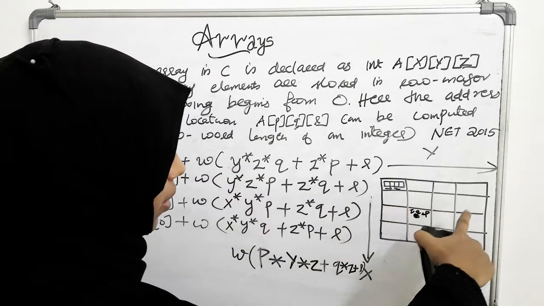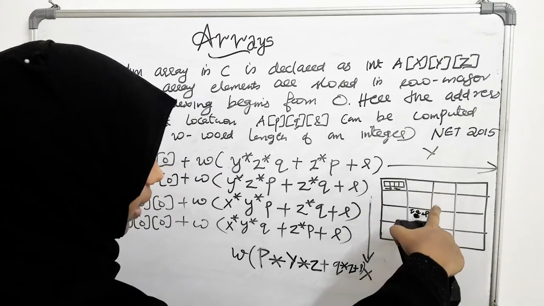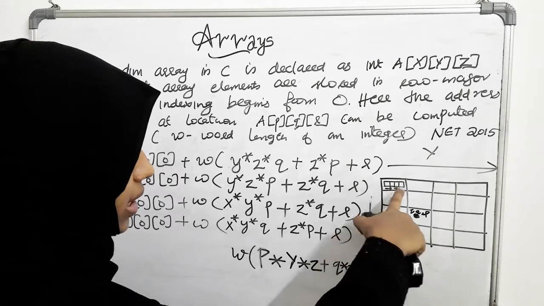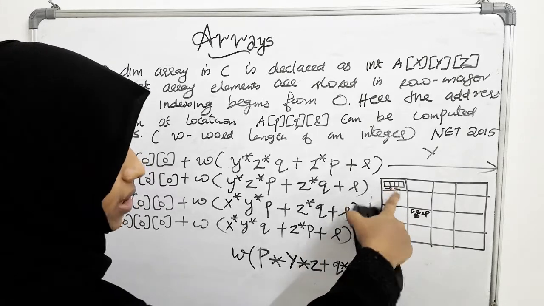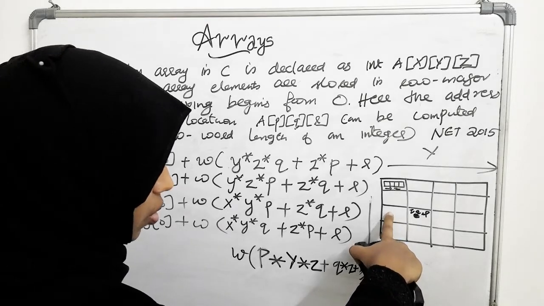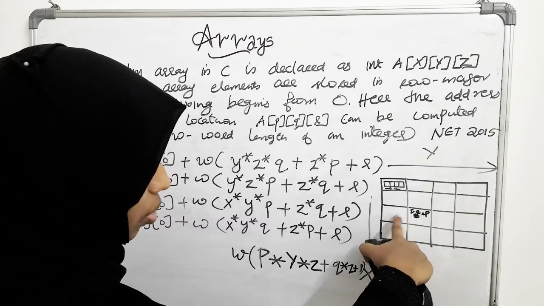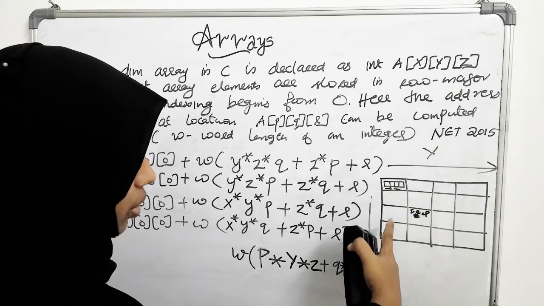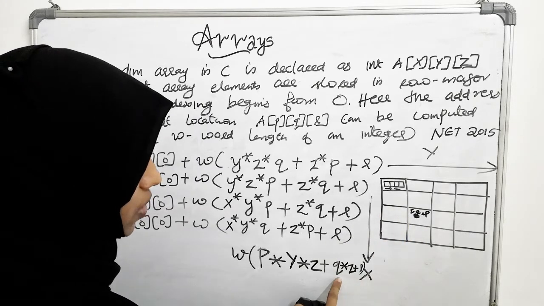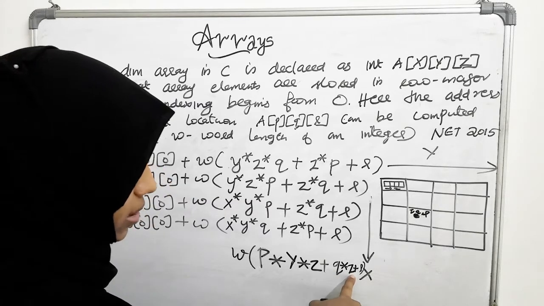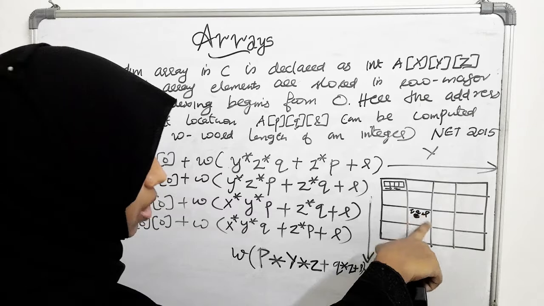Each of the P rows contains a capital Y number of columns, and each of the cells contains Z arrays of size Z. So Z locations are there. Now when you reach this row, all the columns to the left of it should also be passed. So to the left of it you have q columns, each of the cells containing one-dimensional arrays of size Z.